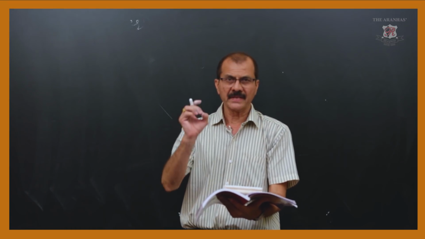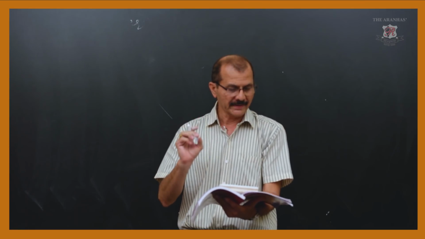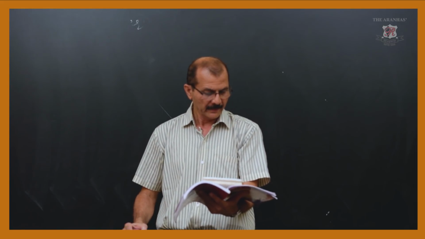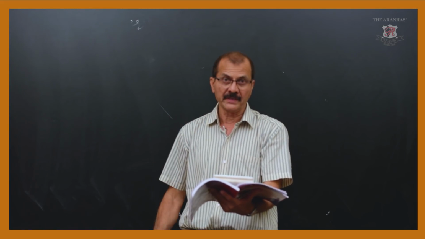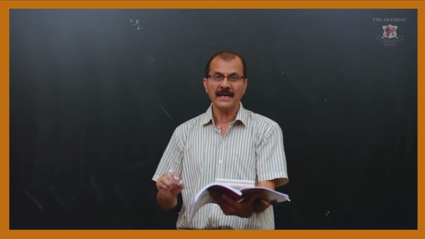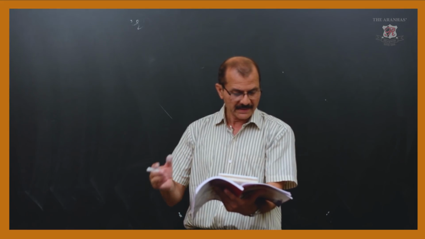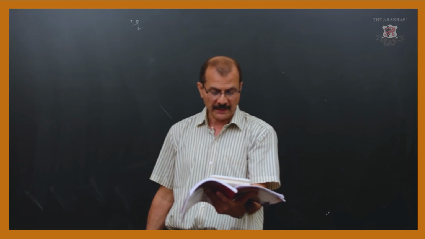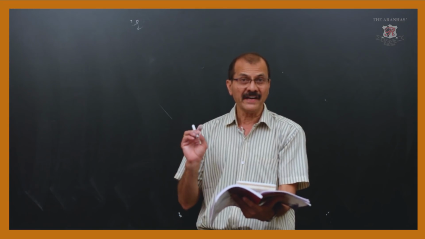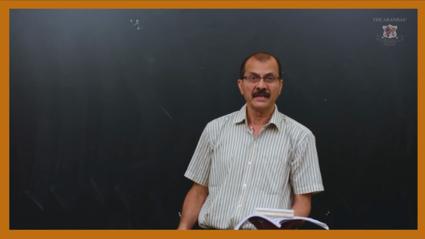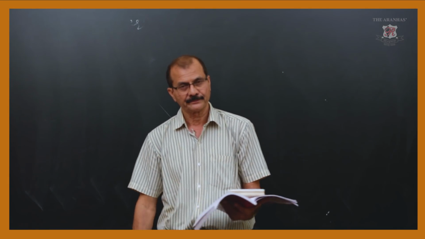So, I will just read that sum for you all. Page number 26, practice set 1.5, sum number 6. Out of 1900 kilometer, we shall travel some distance by bus and some by aeroplane. Bus travels with average speed 60 kilometers per hour and average speed of aeroplane is 700 kilometers per hour. It takes 5 hours to complete the journey. Find the distance we shall travel by bus.